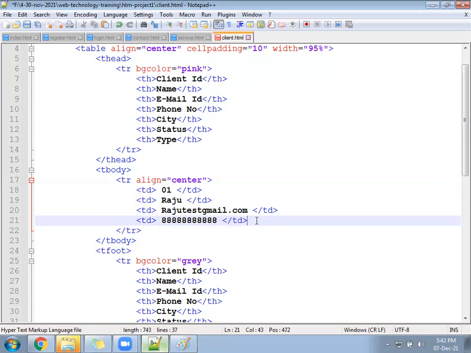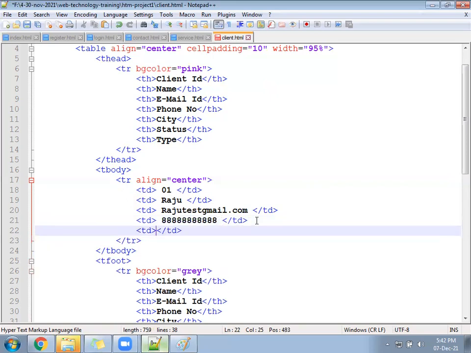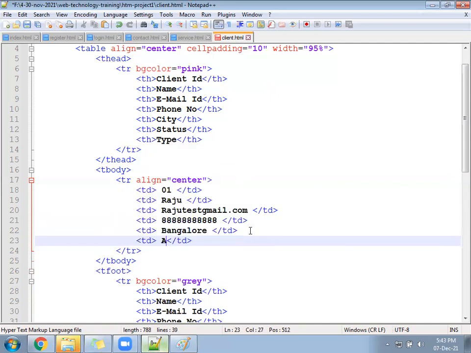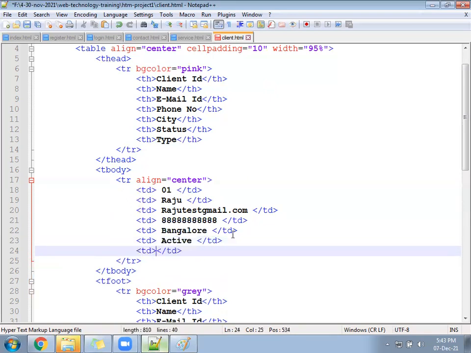City, you can write Bangalore. Next TD, status, write active. Type as individual. Something we wrote.